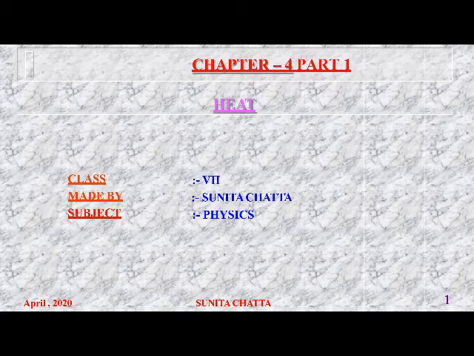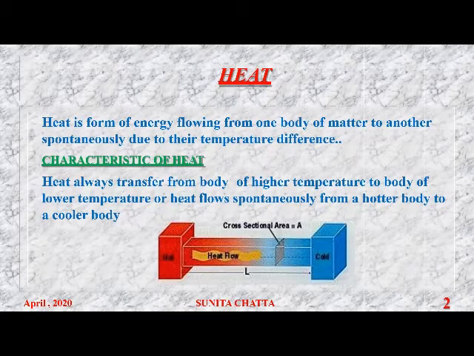Dear children, today we will study heat, which is chapter 4 of your science, and this is for class 7th. I have divided this chapter into two parts so that I will be able to clear your concepts to the best of my ability. In part 1, we will study about heat. How can we identify hot and cold objects? What is temperature? How can we measure it? And the instruments that are used to measure heat. So let's begin with heat.